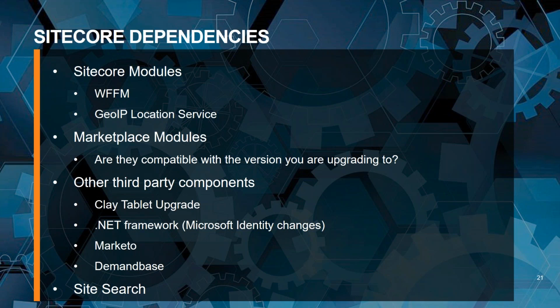The next one is the site search. Whatever search we use, it doesn't come with Sitecore. It's an external tool. So if it is Solr, Coveo, or whatever we use, like Azure Search, everything is developed separately. It's a non-Sitecore item, so it's always wise to check, if you are using a hosted solution, that the hosted solution supports your latest Sitecore version.